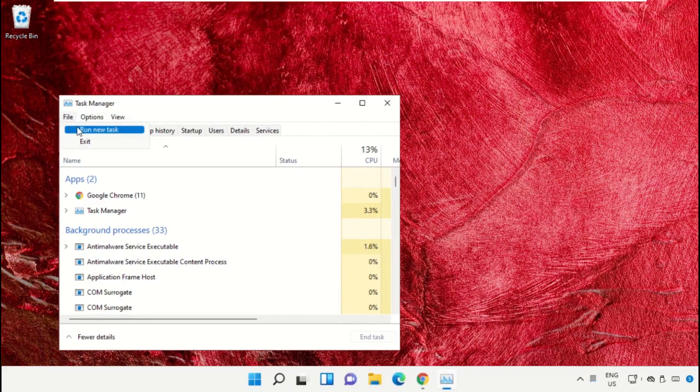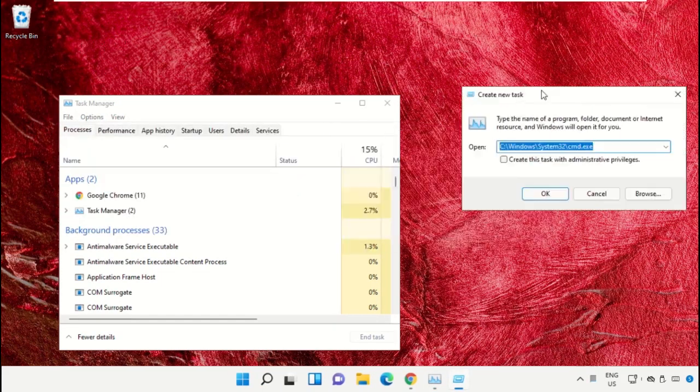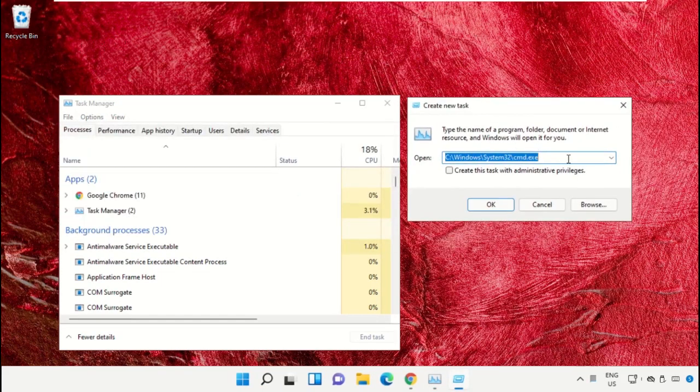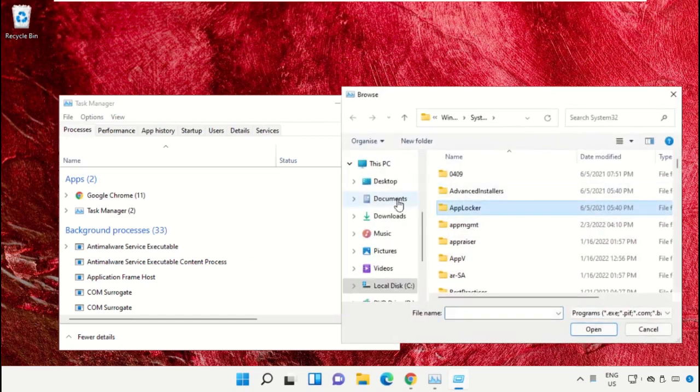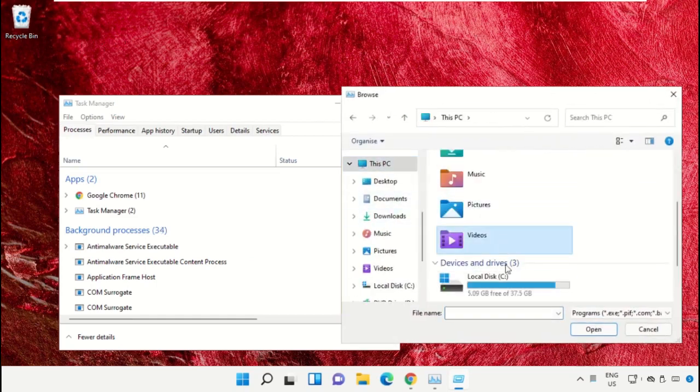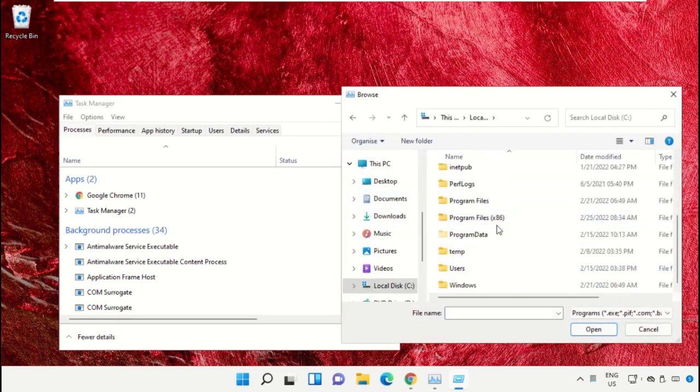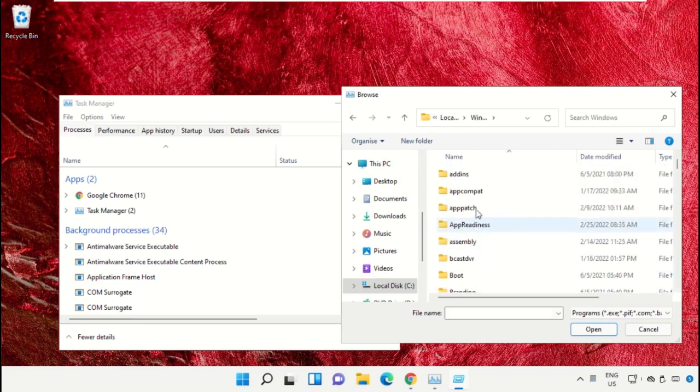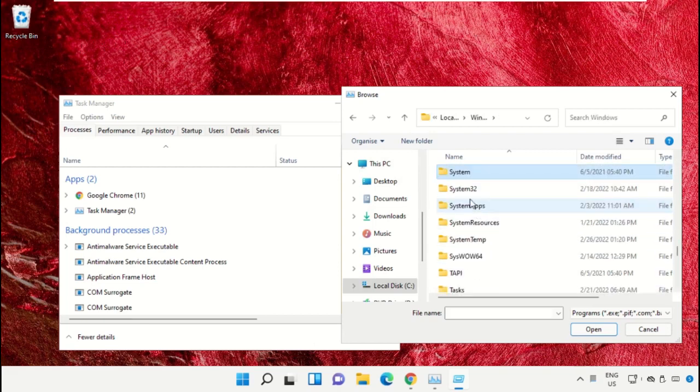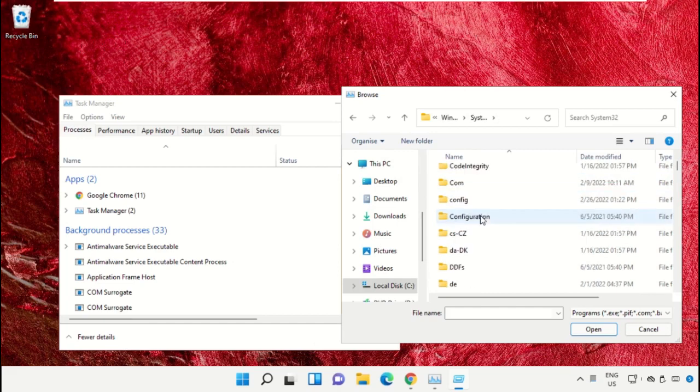Then select file, click on run new task, and from here click on browse button. Then go to this PC, open C drive, then open Windows folder. Now open this folder,